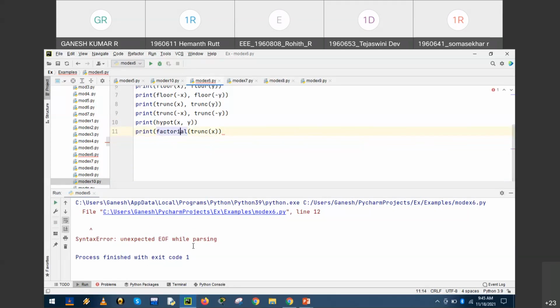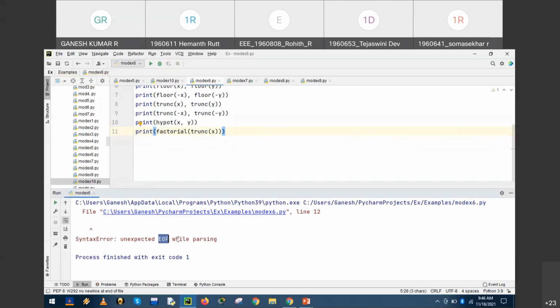Unexpected end of line parsing. Can you guess what could be the error? Yes. So we have open parentheses 1, 2 and 3, but we have got only 2 closing ones. So one closing parenthesis is missed. Hence we have got an error. Unexpected EOF.